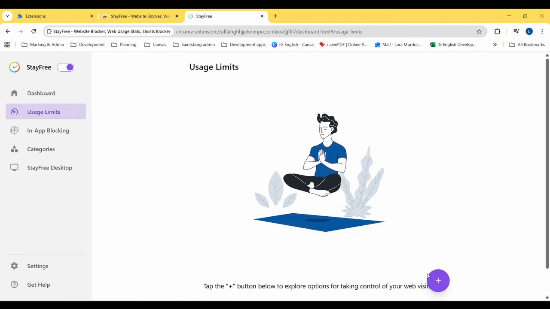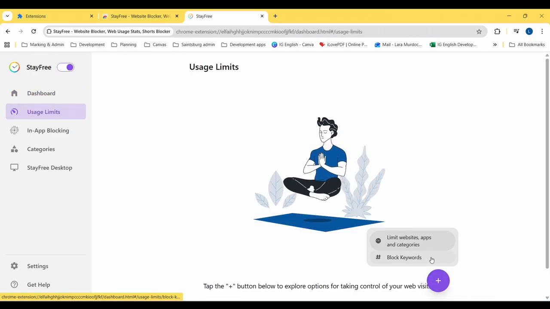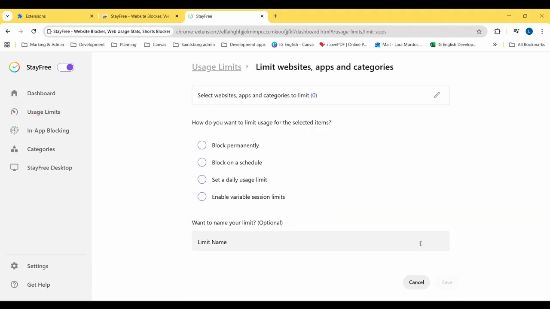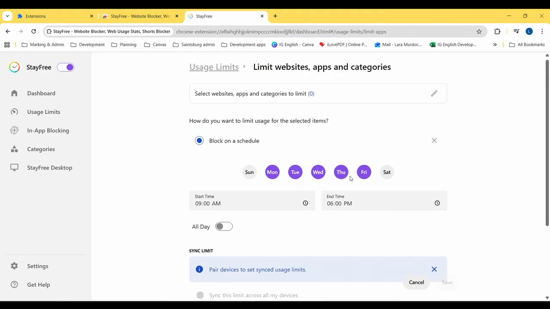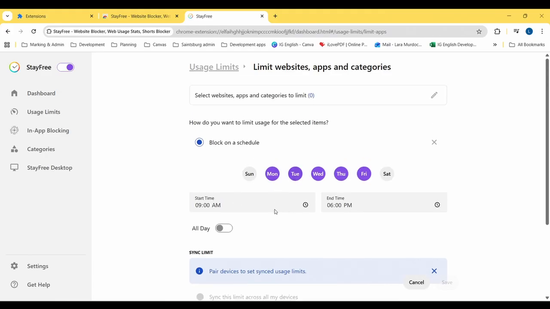We're going to start a category within usage limits. You're going to click the plus and then limit website and apps. And then you're going to select block on a schedule. Once you've selected block on a schedule, you can select the hours you want them to limit the access for. We want to limit access for Monday through to Friday, and I know that school starts in my household from